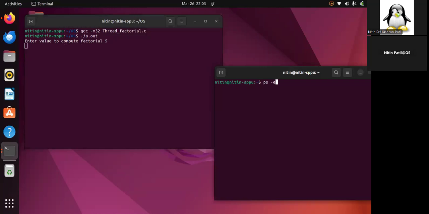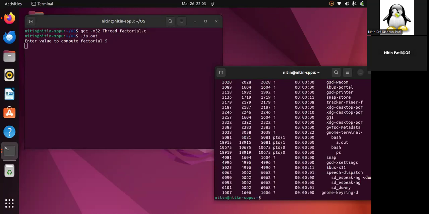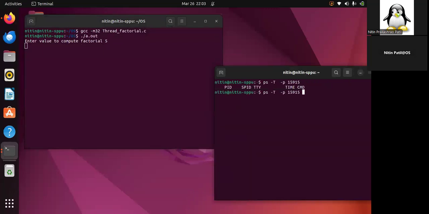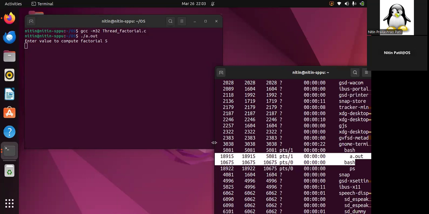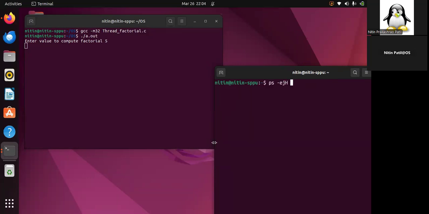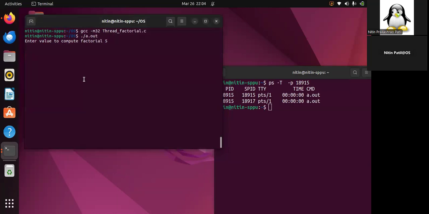So here we are giving 5. Now it is waiting. So let us write ps -ejH. So a.out is 18915. You can see two things are added. Now as we added that there, the initial value is taken. Now if I put any value, because we added that scanf to wait for some time, that's why it is the case. Now one can remove that scanf